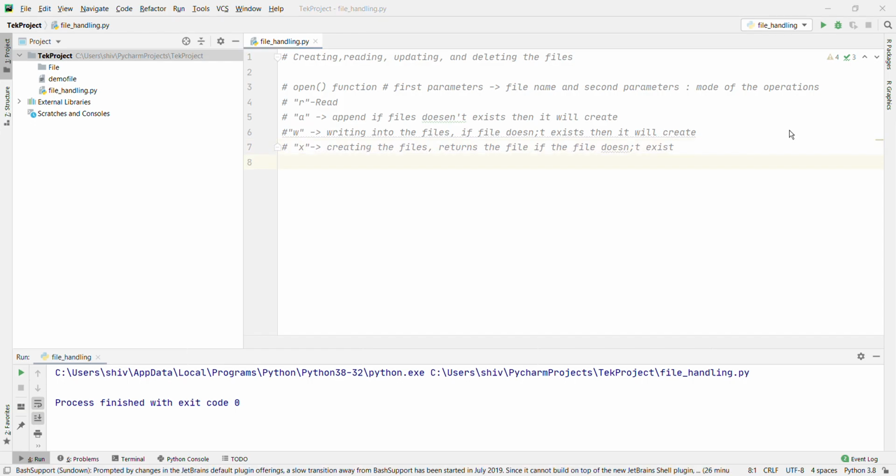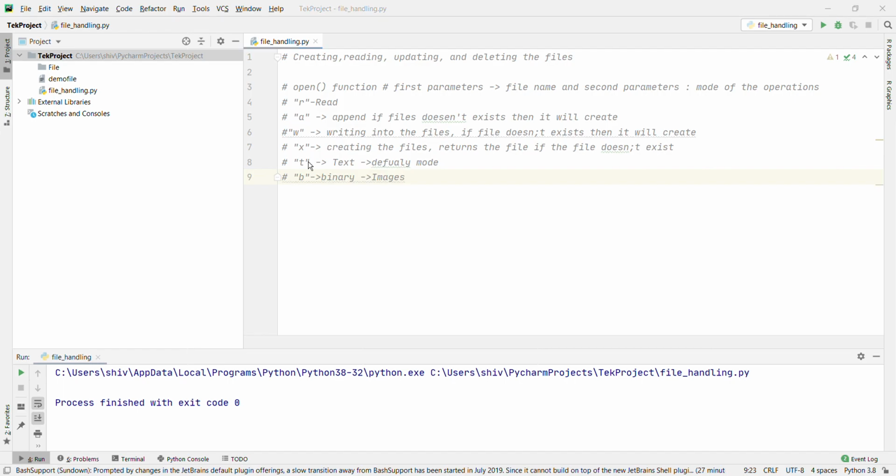Okay, in addition you can specify if the file should be handled in binary or text mode. What does this mean? T is what we use for text mode, and you combine it with the other modes: read with text mode, append with text mode, write with text mode, and create the file with text mode. I will show you with an example. Text mode is the default mode. And the second one is binary mode. B is the binary mode, for example for images.